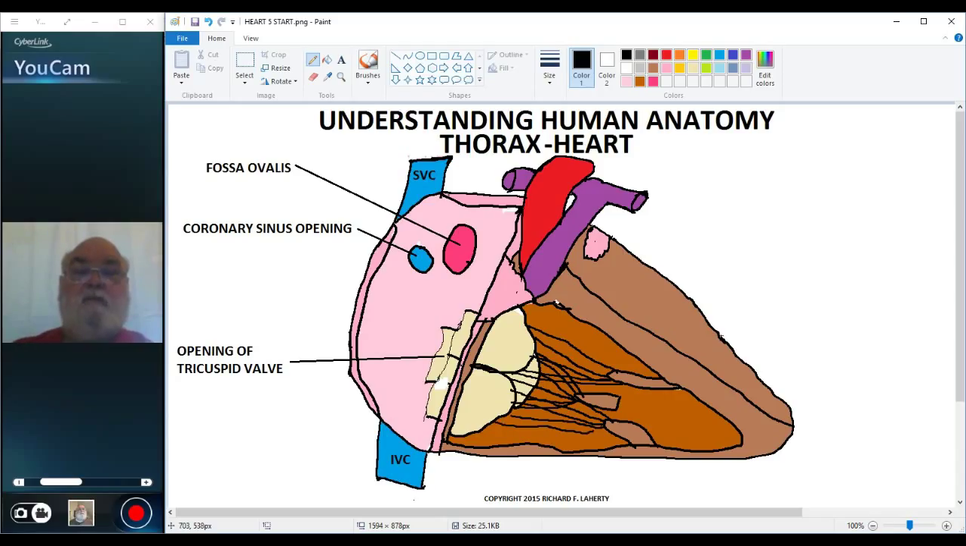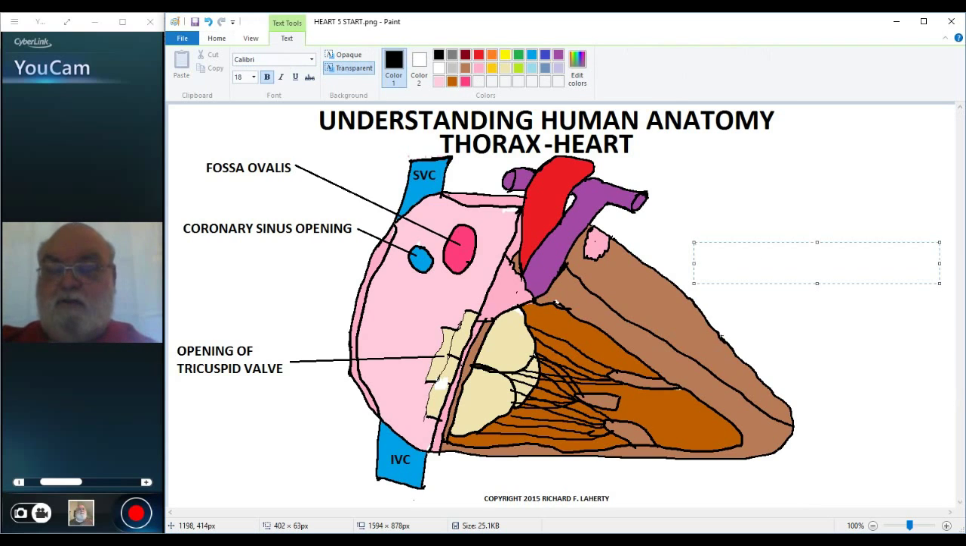And they are running from the flaps of the tricuspid valve down to the papillary muscles. So let me put some labels into this diagram. We're going to have the cusps of the tricuspid valve,